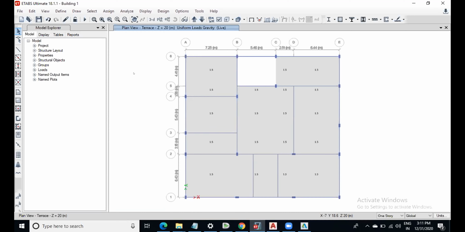In that lab, you have to upload this EDB file with your name in it. So I'm applying RCC structure with loads. This is the assignment that you have to submit by today itself.